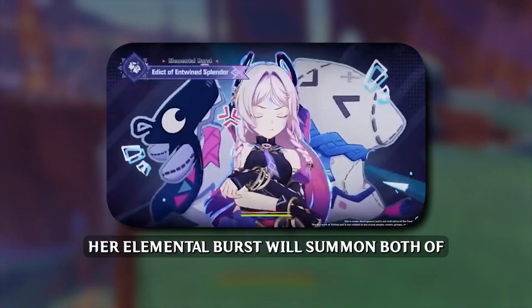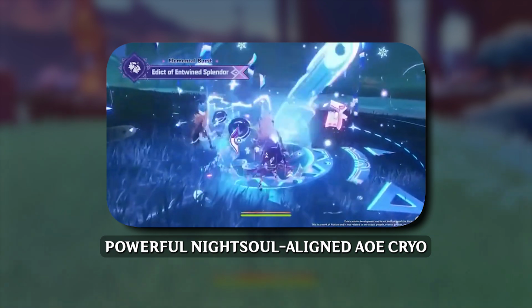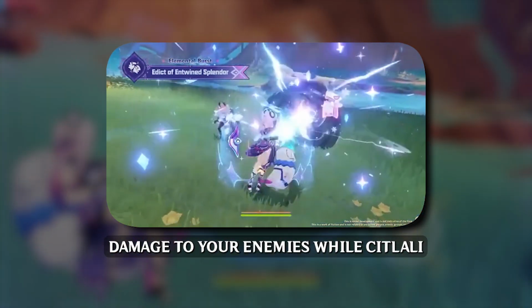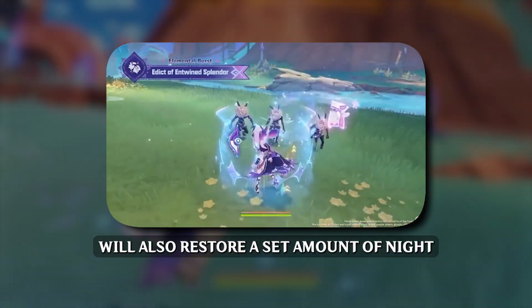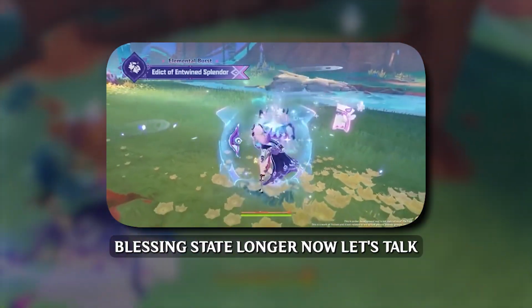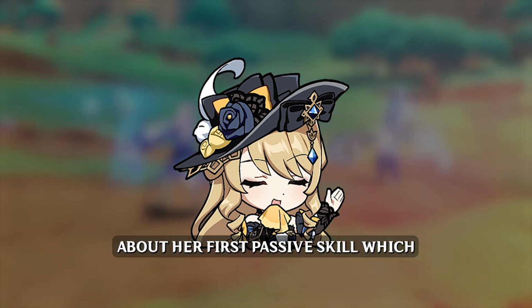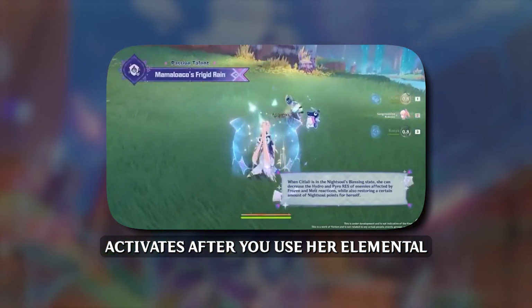Her Elemental Burst will summon both of her plushies and will deal a very powerful Nightsoul-aligned AoE Cryo damage to your enemies, while Citlali will also restore a set amount of Nightsoul points to maintain her Nightsoul's Blessing state longer. Now, let's talk about her first passive skill, which activates after you use her Elemental Skill,